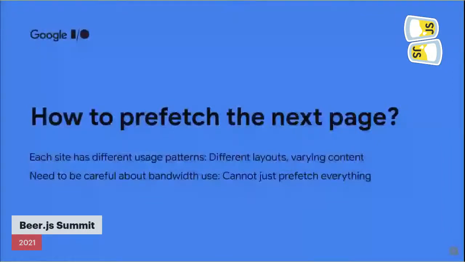Now, this is inherently challenging because every site has different usage patterns. They have different layouts and content. As a result, it is not predictable what the next page that the user will visit. The pages that are likely to benefit most from prefetching are bandwidth